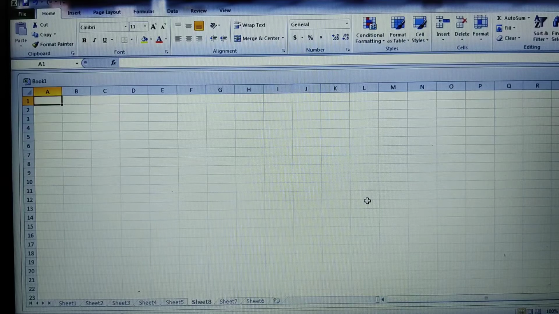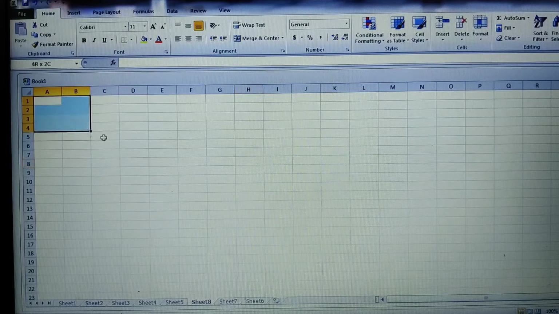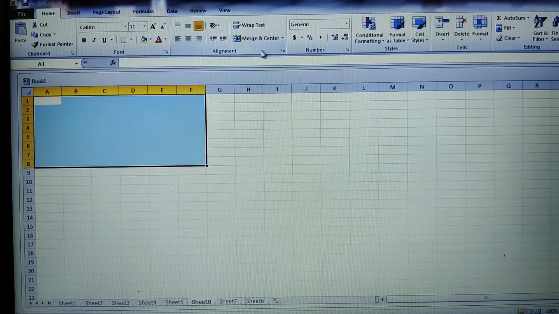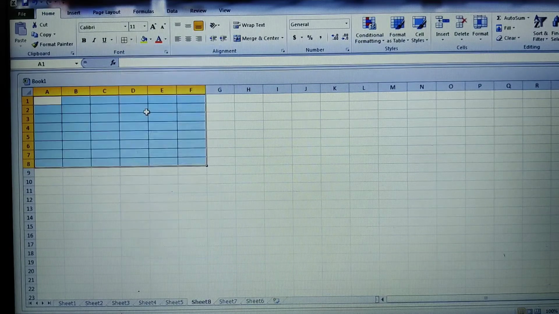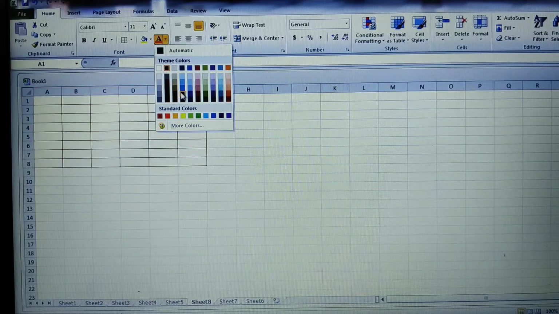Apart from that, we can even format the worksheets by applying all kinds of formatting tools. You can have formatting styles, size, border, cell alignments, all these options. See here, just select the cells, go to the alignment here. You can click onto the borders, you can have all borders. You can go for the alignment, you can change the font.